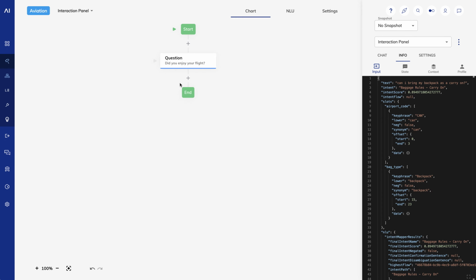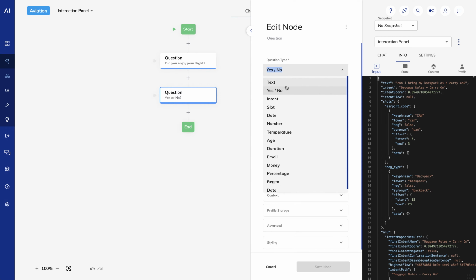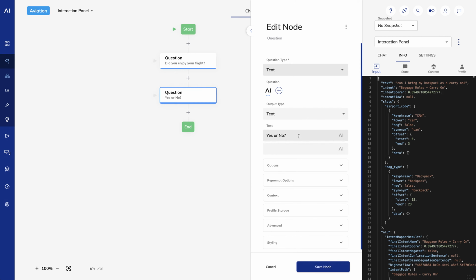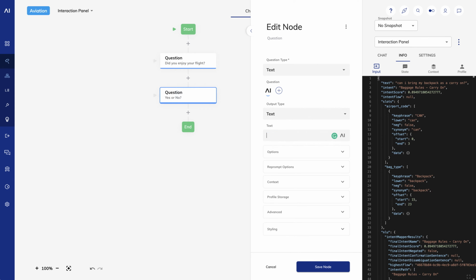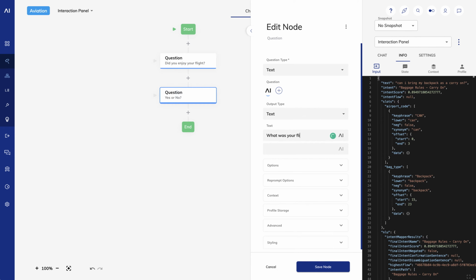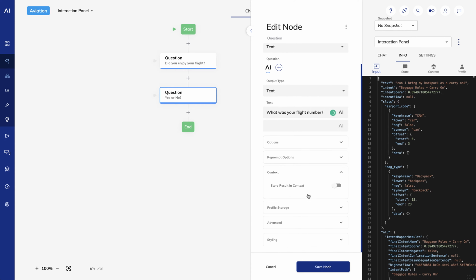I'll add another question and make it a text question. What was your flight number? I'll save this to the context as flight.